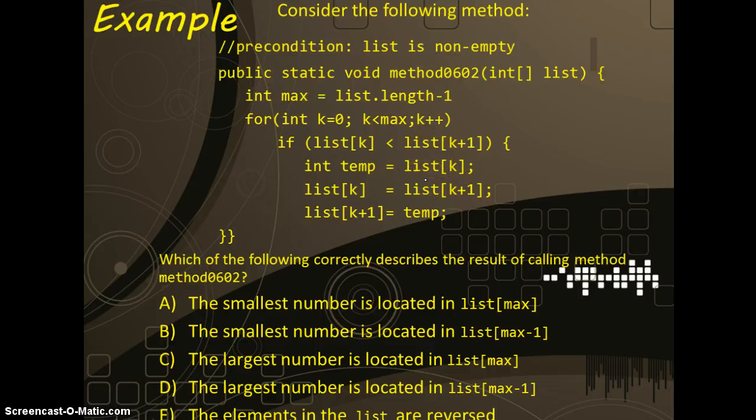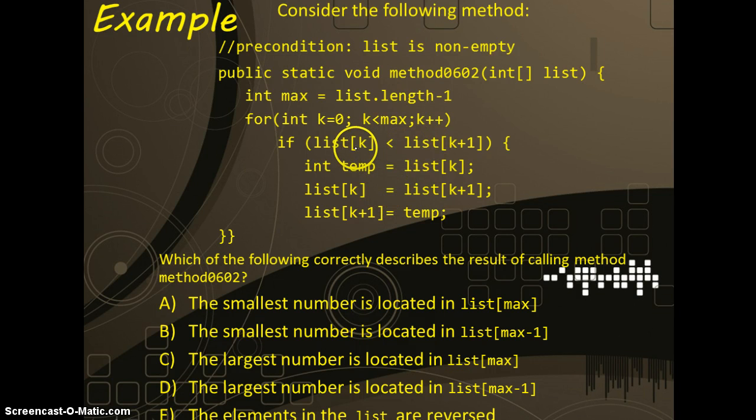You're going to learn a lot about swaps later on in the course. So we do a trade. If k is smaller than k plus 1, we're going to trade spots. And then we're going to keep looping all the way through the loop and let k advance and follow that same rule. Once all said and done, basically we're saying if the number that comes first is smaller, I'm going